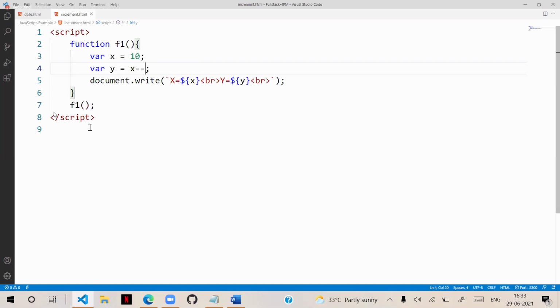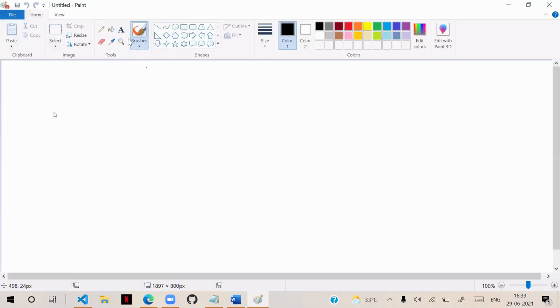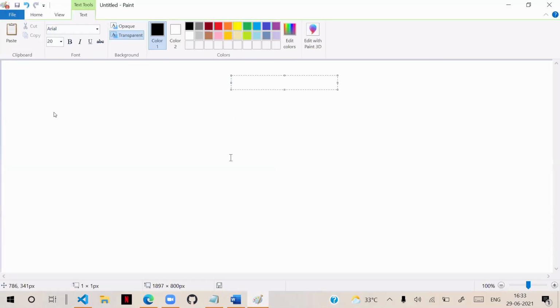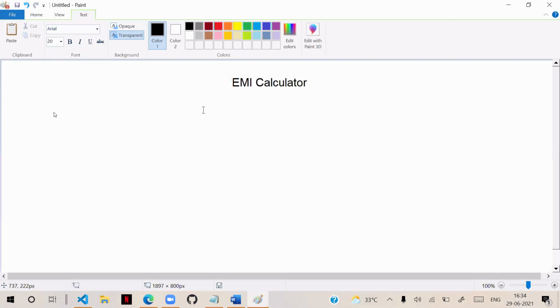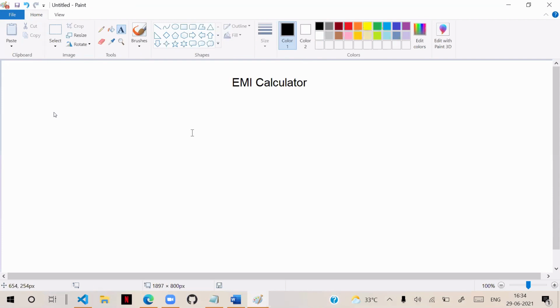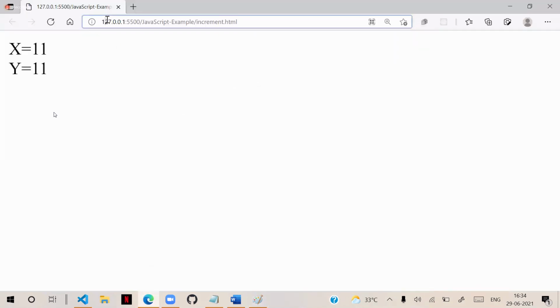What the task is, you have to design a simple EMI calculator. So that is your task. Now for EMI calculation, you can search the formula online, you will find the formulas. I will show you one small example. Suppose we have